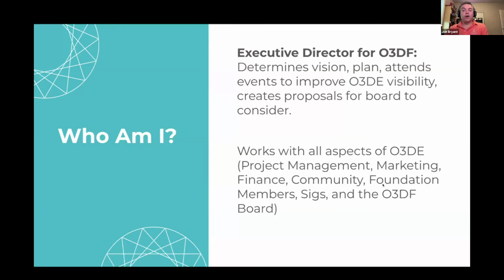The Foundation works with all aspects of O3DE, so project management, marketing, finance, community, the SIGs, foundation members, and the board itself. But yeah, my job is to make sure that things run smoothly and that O3DE is basically moving onto the right path.